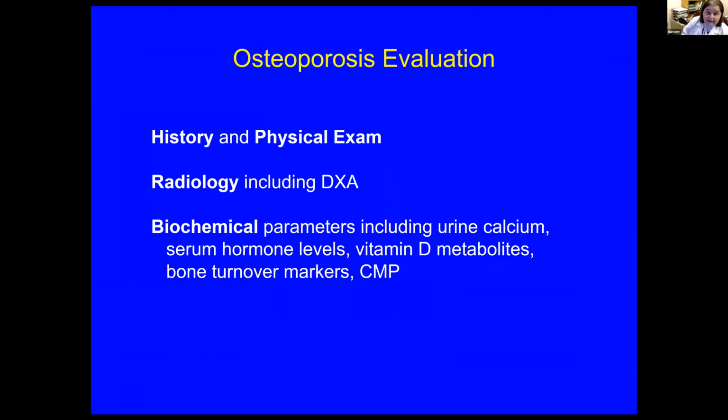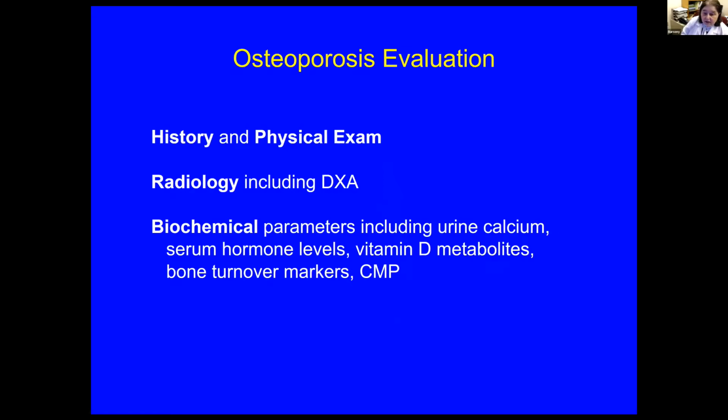They can see that I really care about their bones because I touch them. And I collect a thorough history that includes many different factors. And then I start ordering studies. I order imaging studies, including bone density evaluation, and laboratory studies, including assessing urinary calcium loss, hormone levels, especially PTH